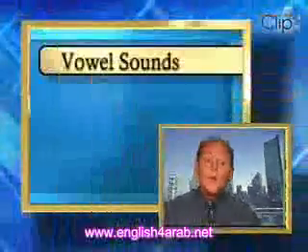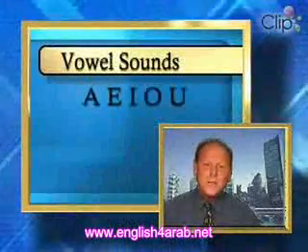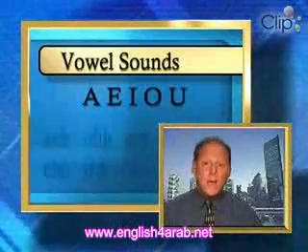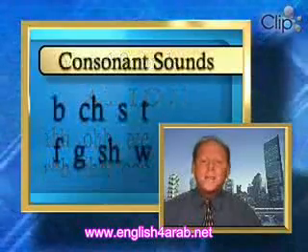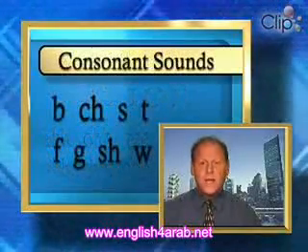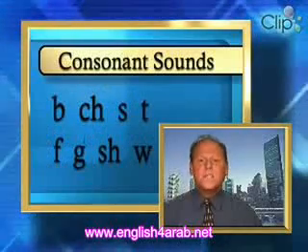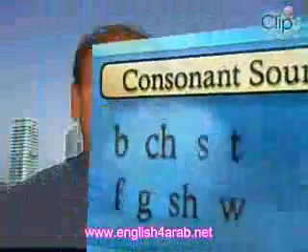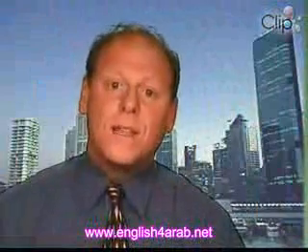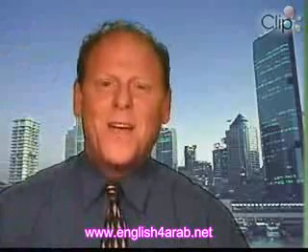During the course of this program, I will begin by addressing consonant sounds, and then later on we'll work with vowel sounds. Now, vowel sounds, as you know, are A, E, I, O, and U, like A, O, E, and U. And consonant sounds are basically all the other letters and sounds, like B, Ch, S, T, F, G, Sh, W, and of course there are many, many more sounds. The consonants that we are going to cover in this first session are the consonant R and the consonant W. Okay, are you ready? Here we go. Let's get started. Let's start with the American R. R's are everywhere.